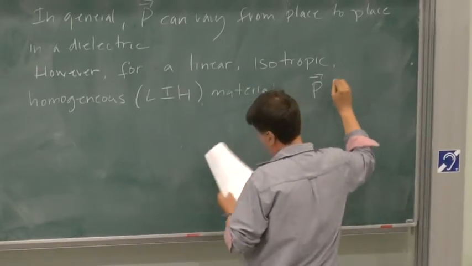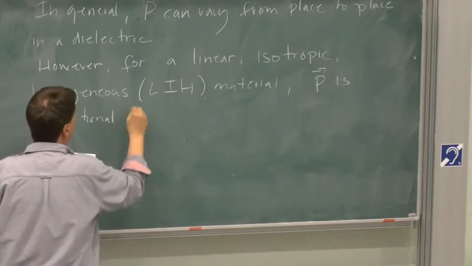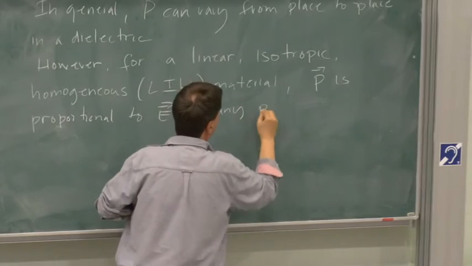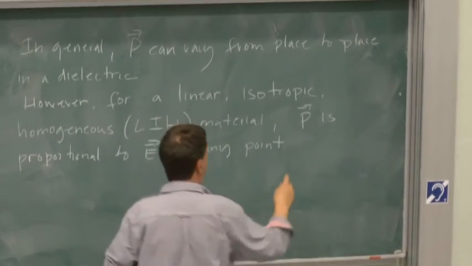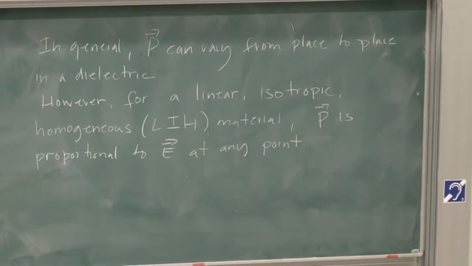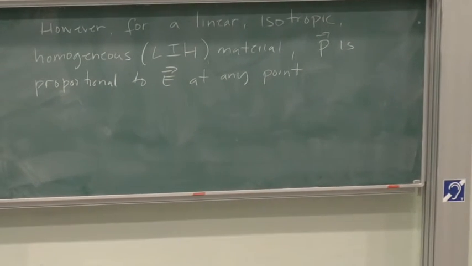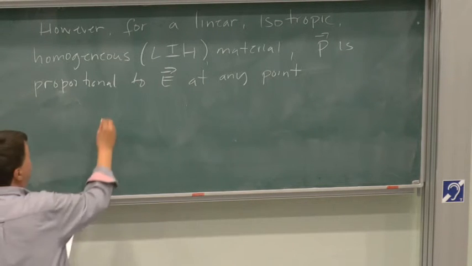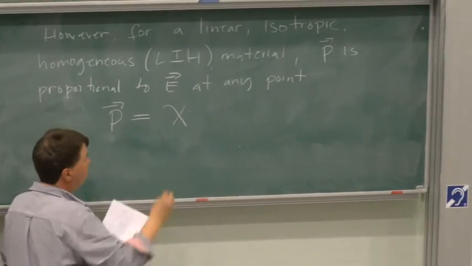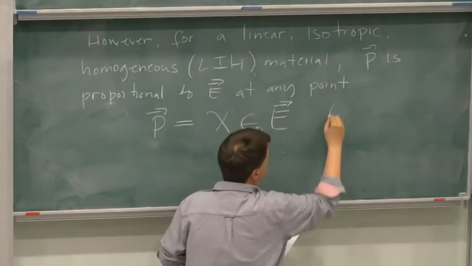P is proportional to E at any point. And I should emphasize, this is quite a drastic approximation, and then we're able to close all the equations and get a nice result. So in this case, we have P equal to, and again, it got defined this way. I can't change this, because this is the way it's done in all the textbooks, and we just have to live with it,